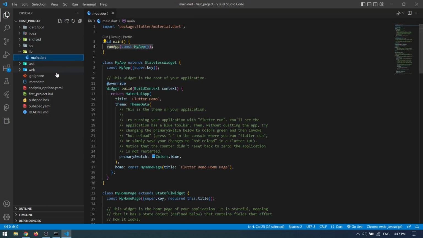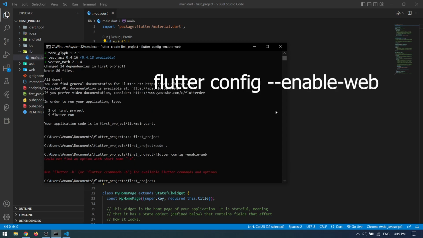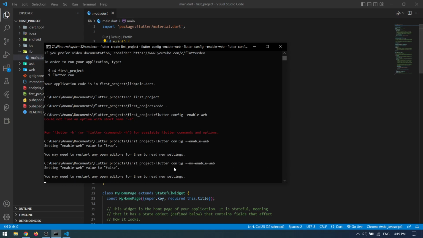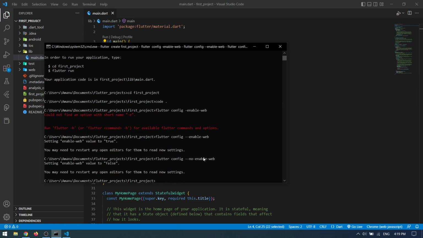Alright, as you can see here, I've got a web folder which contains configuration and source code for web, like HTML, CSS, and JavaScript and so on. If you don't have this folder right now, it's okay because I have enabled it manually by typing in flutter config --web-enable, and you can also disable that by typing in flutter config --no-web-enable, and it will be